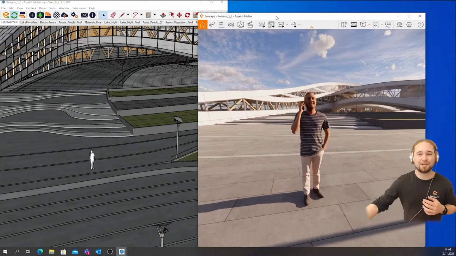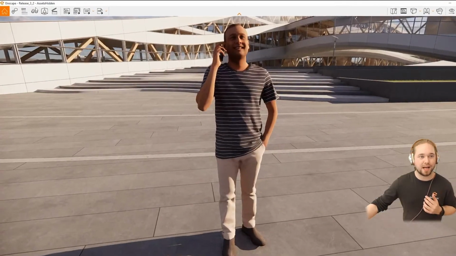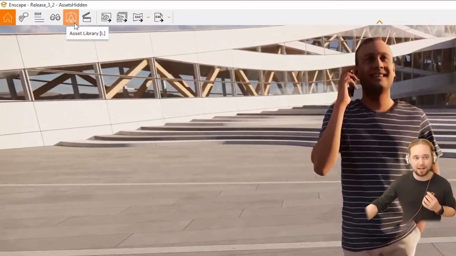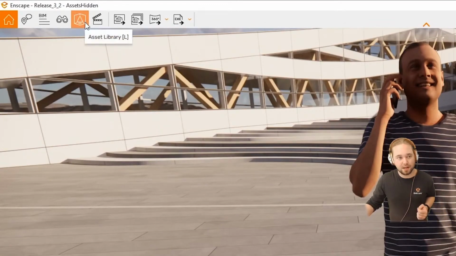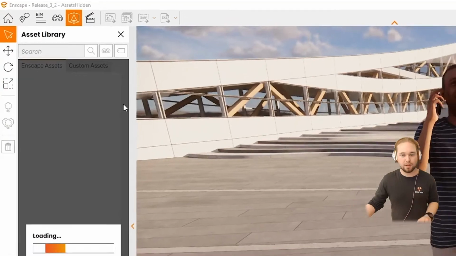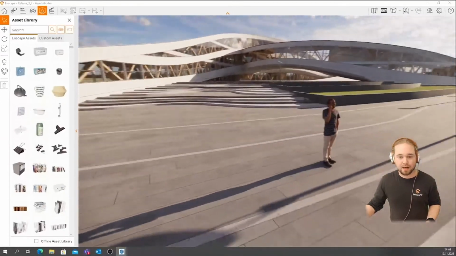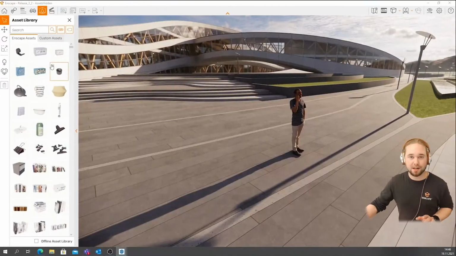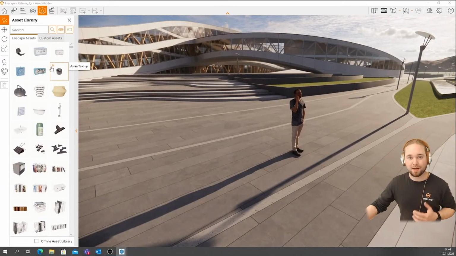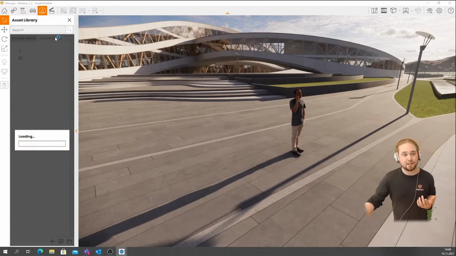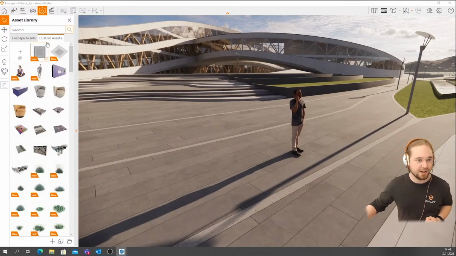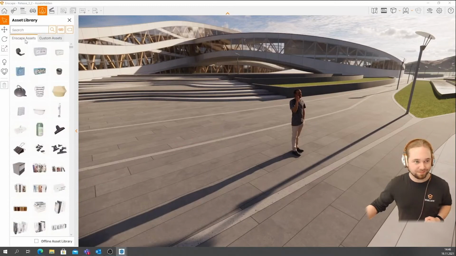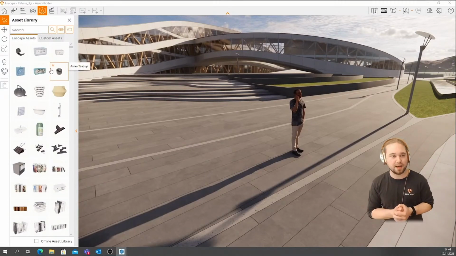So, in order to do that, we have moved the asset library into Enscape as well. This little button up here, or the hotkey L, will open the asset library, and we have the exact same models available here as in your design application. This also includes any custom assets you might have loaded into your scene.